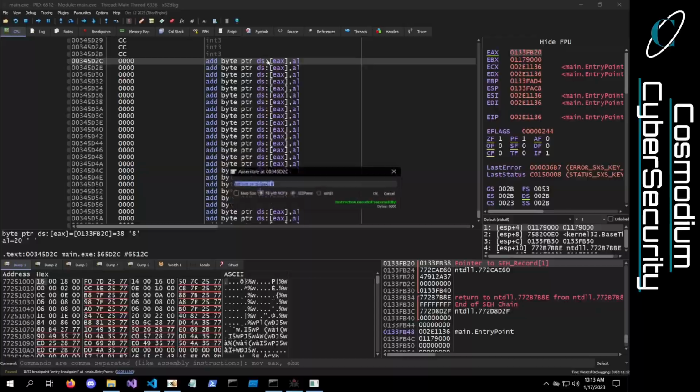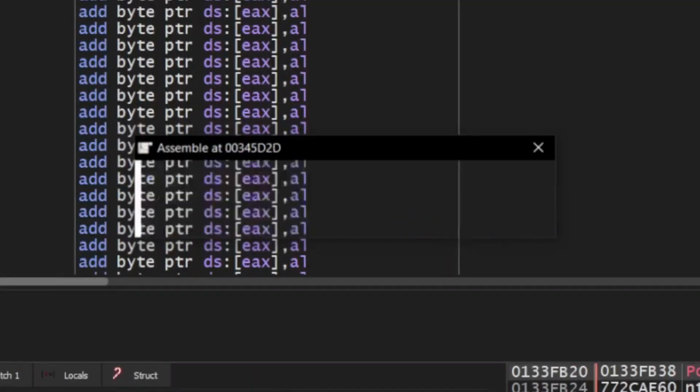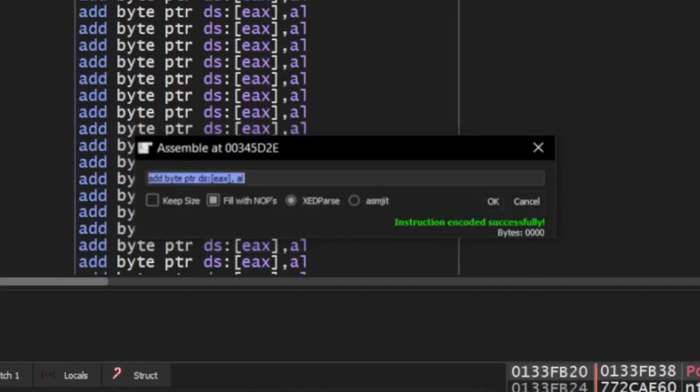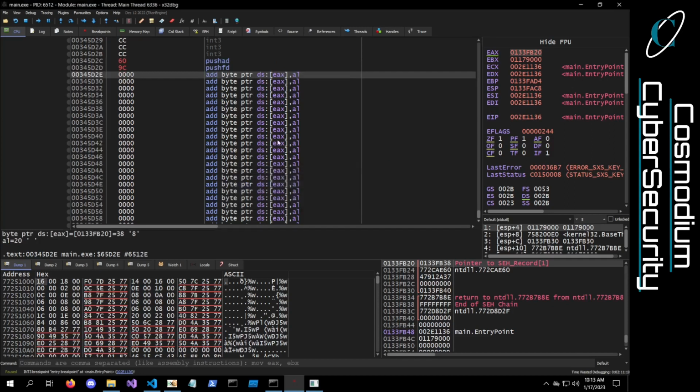So we'll go ahead and space push AD and then push FD, and that should be it, right? So we can close that for now. And now you can see we're pushing AD and pushing FD, pushing those registers and flags onto the stack so we can pull them down later and have our code continue as normal with all the appropriate registers and flags, right? So now that we've saved the registers and the flags, we can actually start to execute our shellcode